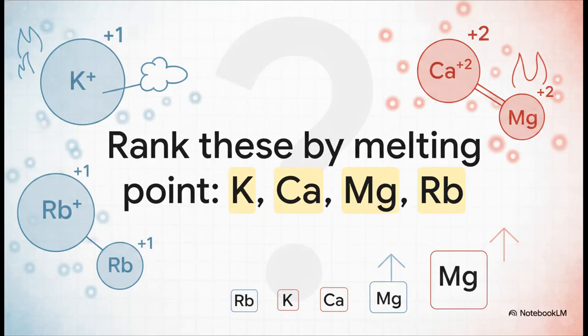All right, one last practice run. We've got potassium, calcium, magnesium, and rubidium. First, check the charges. Calcium and magnesium are +2, potassium and rubidium are +1, so you know Ca and Mg are going to be higher. Now let's compare the +1 ions. Rubidium is bigger than potassium, so its bond is weaker. Then for the +2 ions, magnesium is smaller than calcium, so its bond is stronger. So the final order, from lowest to highest melting point, is rubidium, then potassium, then calcium, and at the top,